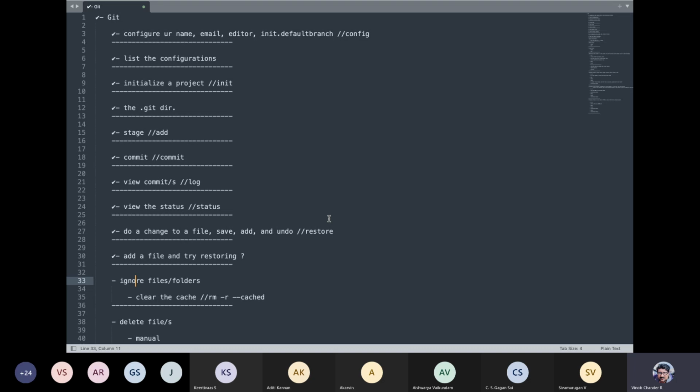Then you may want to do some other kinds of add and commit, sometimes removing stuff, to ensure that git ignores behave as expected, right? And sometimes you may want to clear the cache as well. If you are in a kind of messy situation, you can remove the cache by saying git rm -r --cached. Now that we have our project in a very initial state, let us add a .gitignore file.